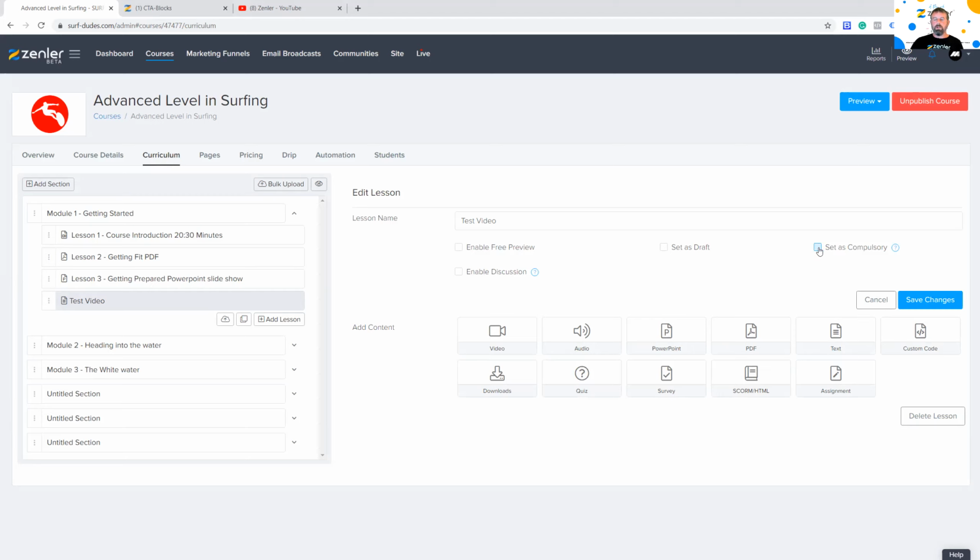Now, there's been a lot of questions around compulsory. Compulsory, basically with videos, if people skip through and go to the end, then they will have watched it all, even though they might have skipped through it, and then they can go to the next lesson. But we've set it as compulsory, meaning that they should really watch it all. Also, inside of assignments, you can set that as compulsory. So until you approve the assignment, they cannot carry on through the course. This is much more a way of controlling students' progress through a course.